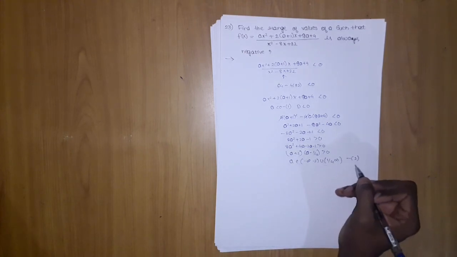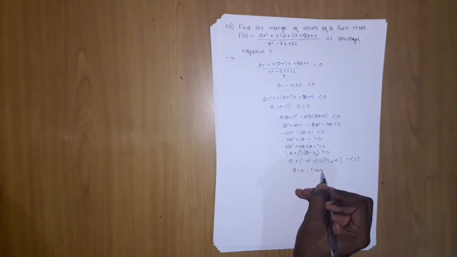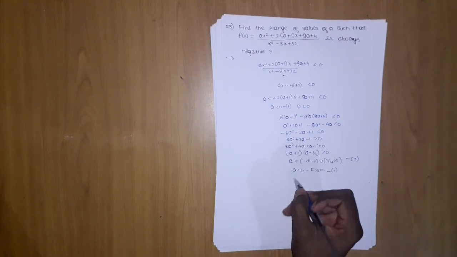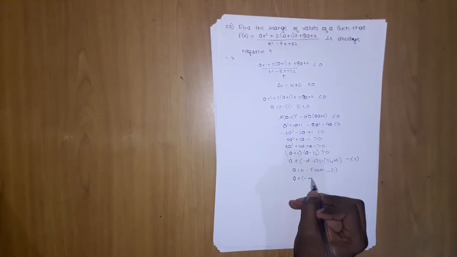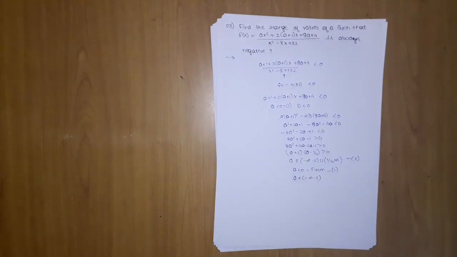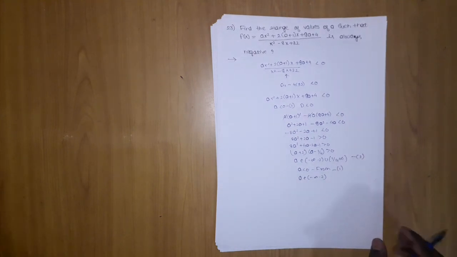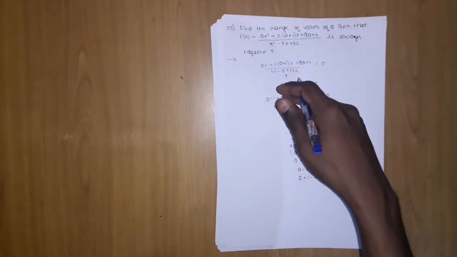We will call it 2, but we remember a is less than 0 from 1. So what is the answer? A belongs to minus infinity to minus 2. Okay, this is the same question we have done. So although we should not have done this, but a belongs to minus 2. The trap is here. You should know this condition.